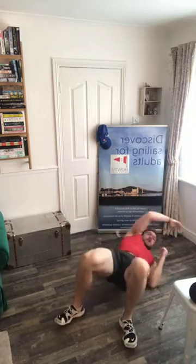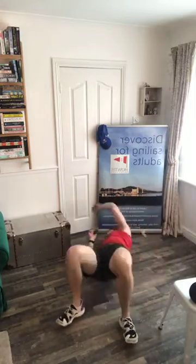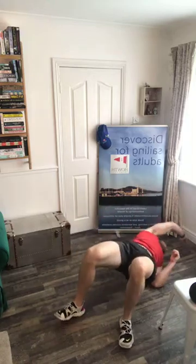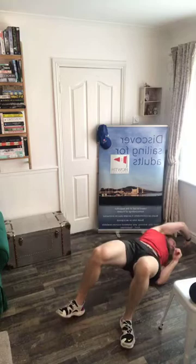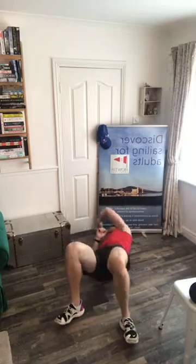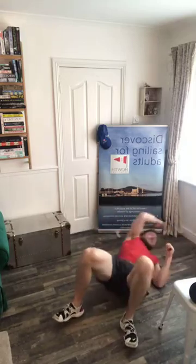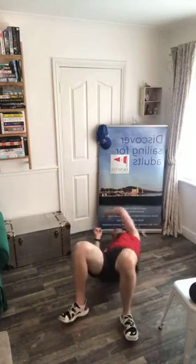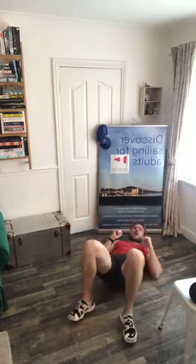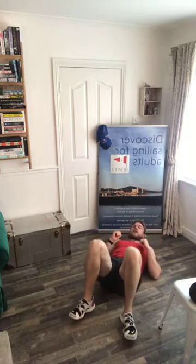We're trying to stretch out the core, activate the glutes, and get as much rotation into the upper body as possible, because the more we can rotate the upper body independently to the lower body, the more mobile you're going to be, and ultimately the better you can train, the better results you can get. Okay, back to bridging, no more rotations on the upper body, and we're now going to raise one